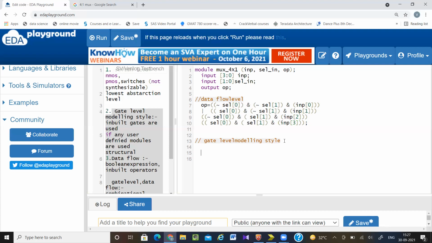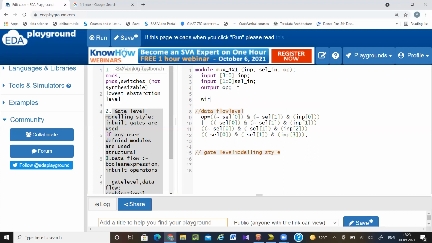So here I am declaring some wire, 1 down to 0, select in bar, because I may need the bar of the select signals. Okay, so instead of select I have written select signal. Let me write it selecting.